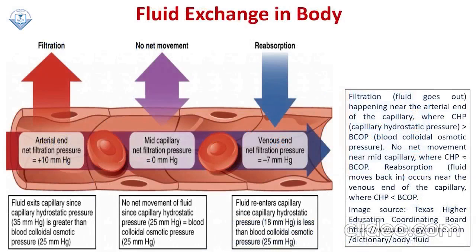In this scheme you can see an explanation of why this metabolism is possible. At the arterial end of filtration you can see high hydrostatic pressure that stimulates the filtration process. Fluid goes out of the capillary near the arterial end because the capillary hydrostatic pressure is high. It is more than 10 millimeters of mercury. Then